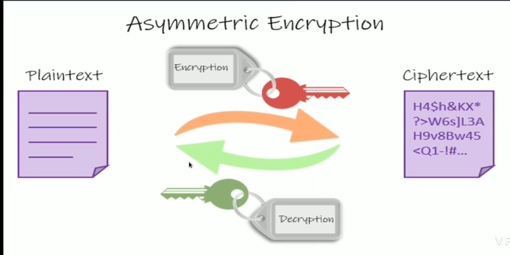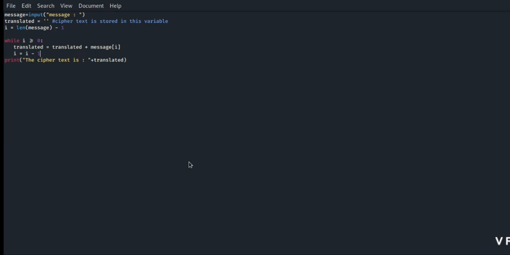Let's see an example of how plain text is converted into ciphertext with an algorithm by means of code. I have implemented this algorithm for how plain text is converted into ciphertext. This is an old technique used for the conversion of plain text into ciphertext. It is easily hacked, but for understanding purposes, I have implemented an algorithm technique used for the conversion of plain text into ciphertext. Let's run this program.